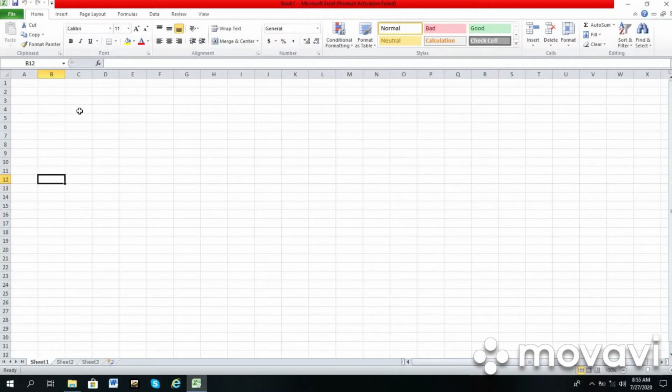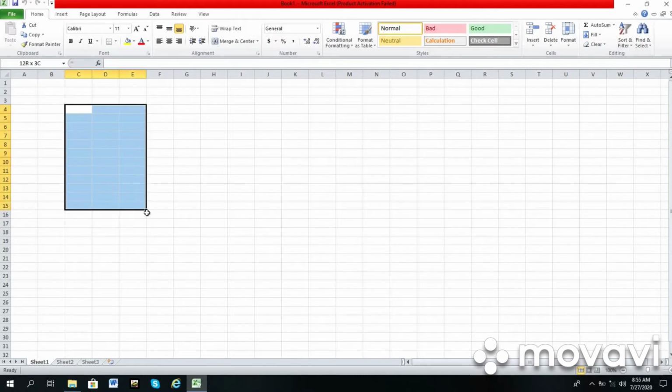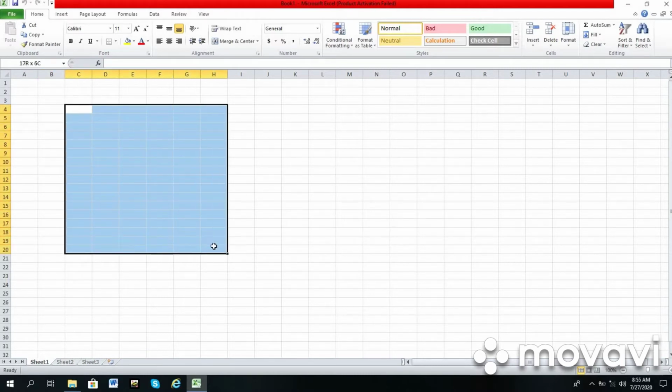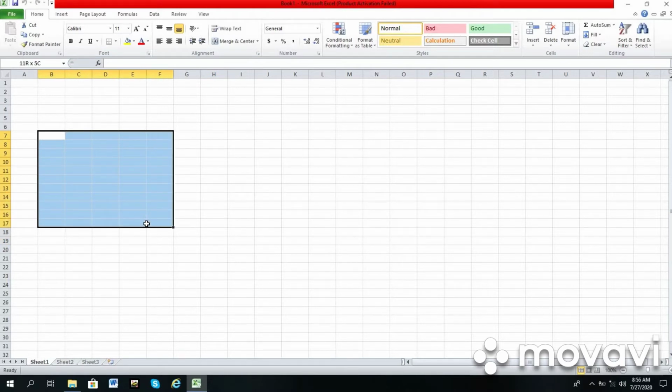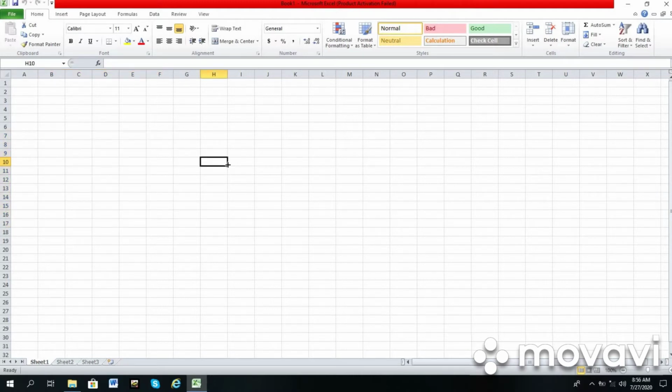If I want to tell you about the range of cells, then it's like this. It's from C4 till H20. Alright, look at this, here you can see that it's 11R and 5C. This is a cell range and we give this reference. Alright,